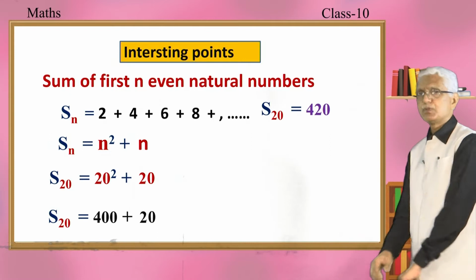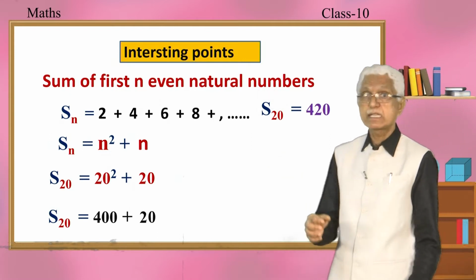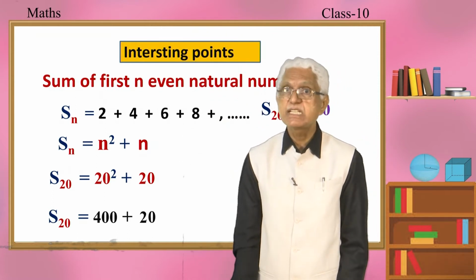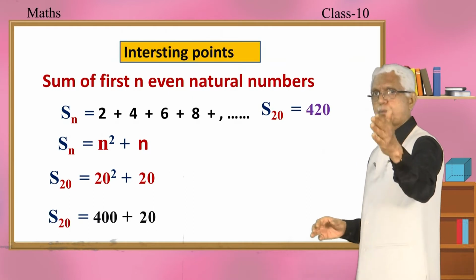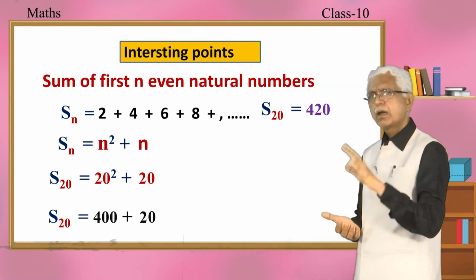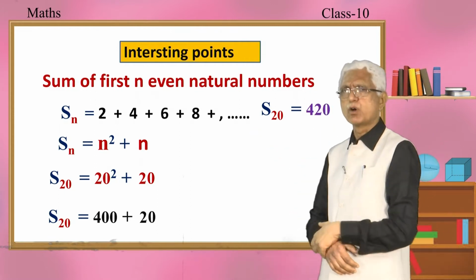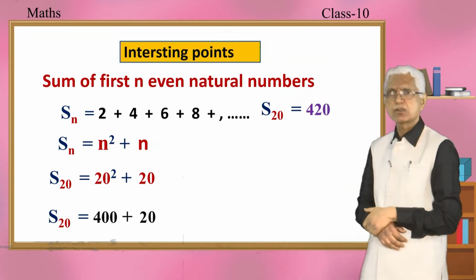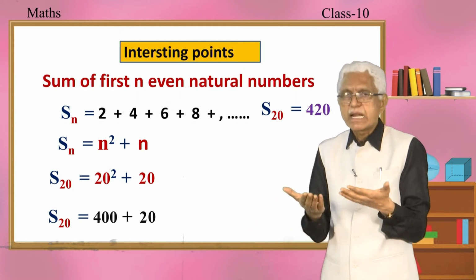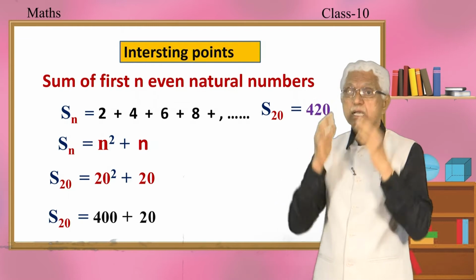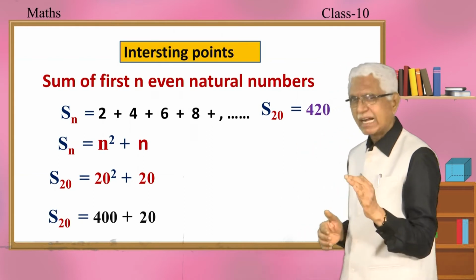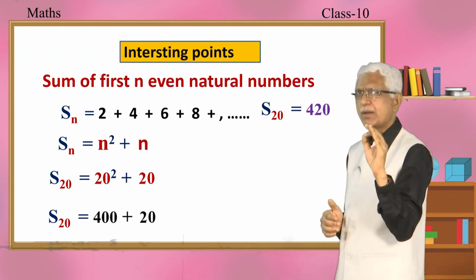Okay. Please observe. Suppose I am asked to find the sum of the first n even natural numbers. First n even natural numbers, 2 plus 4 plus 6 plus 8 and so on, correct? I am sure you will be asking, why do you want to think of one more formula, sir? Can I not use Sn is equal to n by 2 into a plus l? You can use, sir. Can I not use n by 2 into 2a plus n minus 1 into d? You can use, correct? But I think we are trying to give you something interesting.